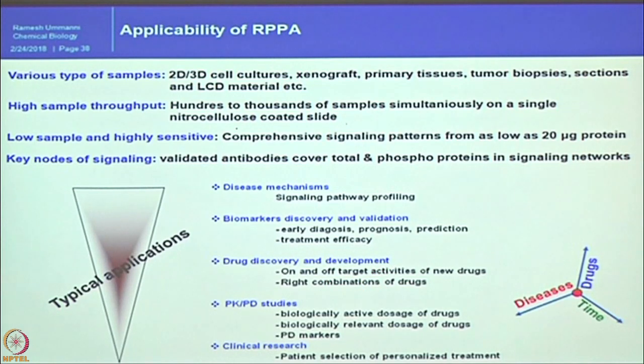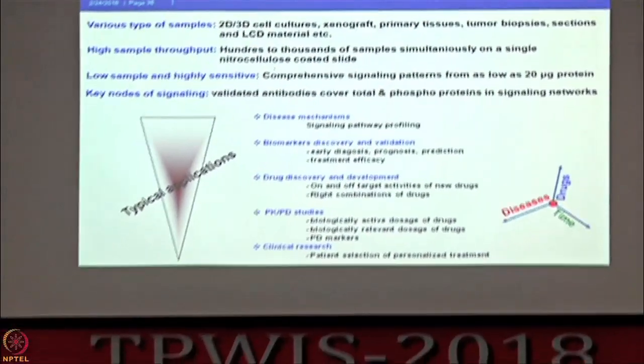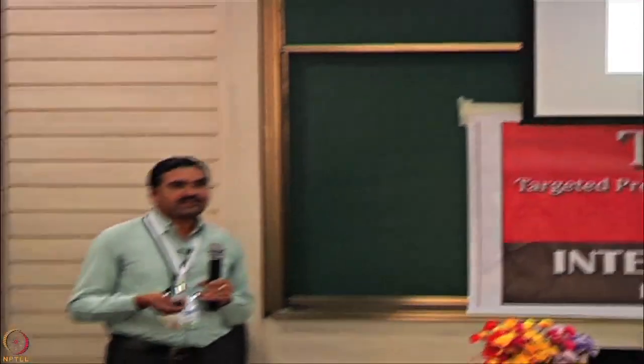drugs. When a new drug is coming into the market, definitely nowadays regulators are asking what are the off target effects of your drug, or what is the target of your drug. Even if you don't know the off target effects and right target of this molecule, what are the possible signaling mechanisms or signaling nodes targeted by the molecule. This can definitely be achieved by the RPPA approach, and also the right combination of drugs.